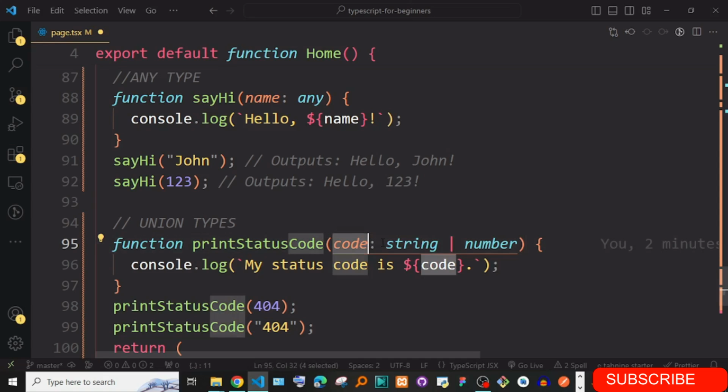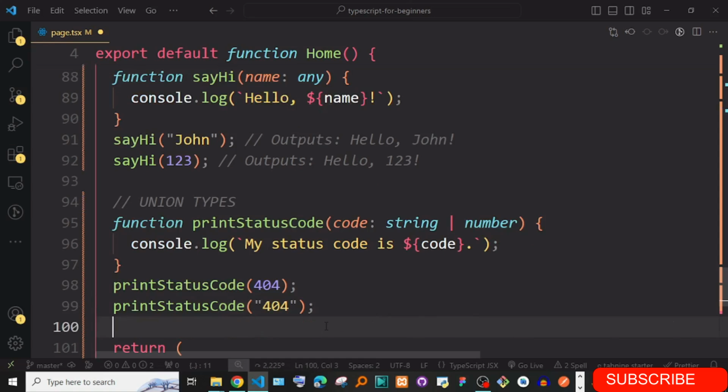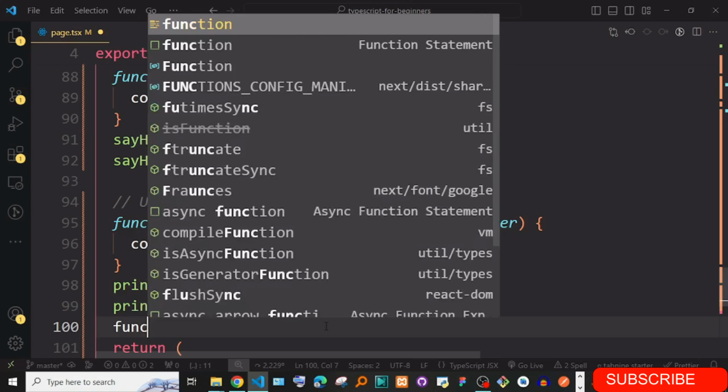Instead of saying it is a string, you can say it is a string or a number, and this is acceptable. This is what you call a union. You can say console.log my status code, and you can pass in the number or the string.